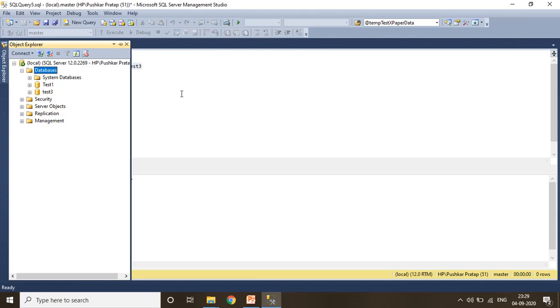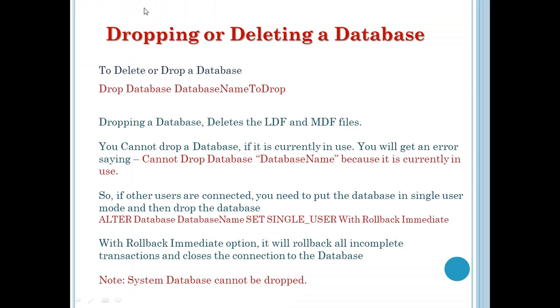So we have seen how to create a database and how to alter a database. Now finally let us see how to drop or delete a database. We use drop database, then the database name which we want to delete. So let's go to SQL Server Management Studio and try to delete a database.